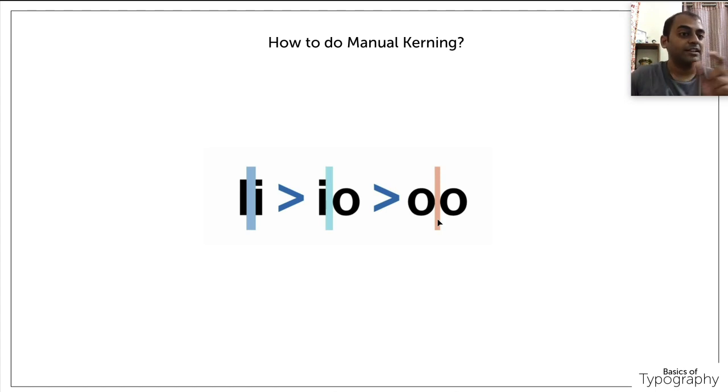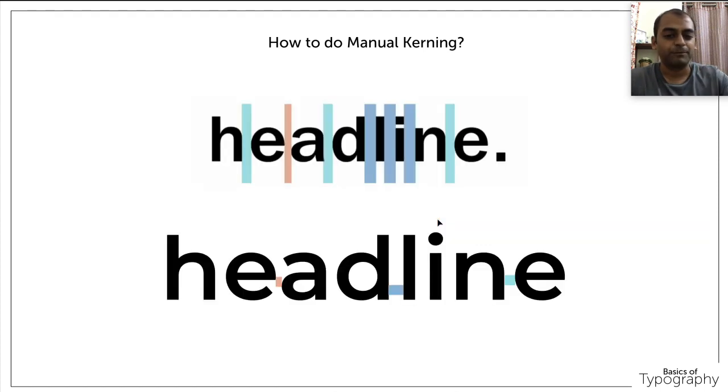Kerning is not equal spacing between each and every letter. For example, if the word is typography, it doesn't mean that the distance between T and Y and P should always be the same. No, that is not manual kerning. It has some set rules. First, we identified the slanted letters and adjusted the kerning. Now we have seen how the kerning should be adjusted with respect to the area of the word.